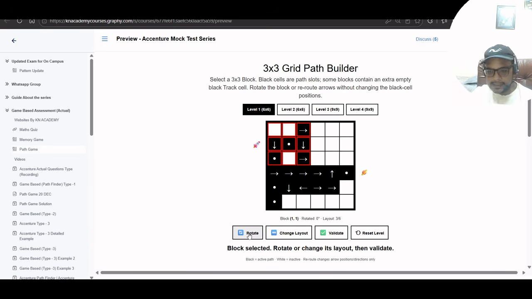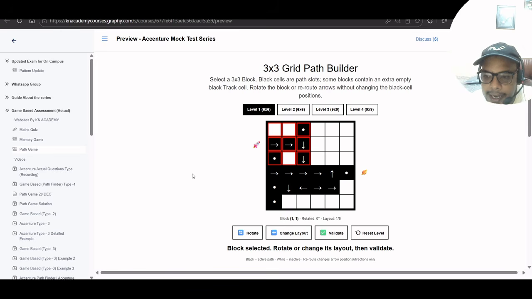I think this is fine, because we want to connect till here, but see the direction of the arrows. The direction of the arrows is not right, so I need to change the direction. So I will click on change direction, and please see how it works. It changed the direction of some arrows. Again I clicked on change direction, it changed the direction again, but again it is not in the appropriate format. Again I clicked on change direction, and now it is looking in a proper format: right and then down, down.